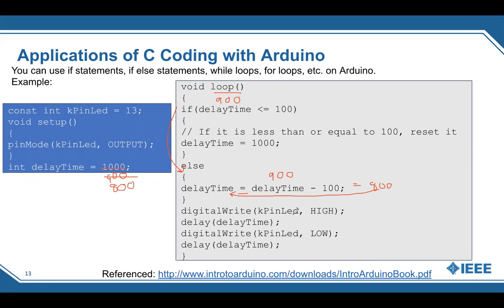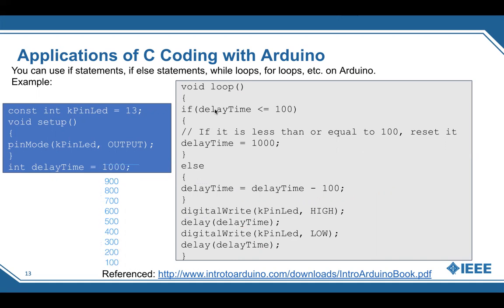And it's going to turn the LED on, and it's going to wait 800 milliseconds. Then it's going to turn the LED off and wait another 800 milliseconds. And then it's going to run through that again, and you'll see it will just keep taking it down and down again. So it's going to be 900, then it will be 800, and then it's going to be 700, then 600, then 500, then 400, then 300, then 200, and then we're finally going to